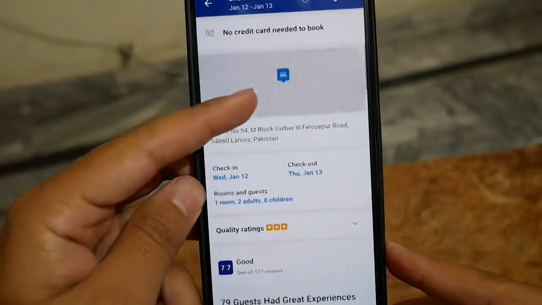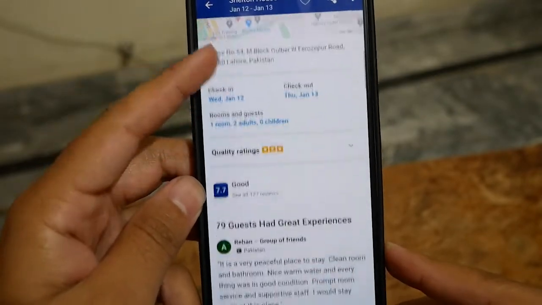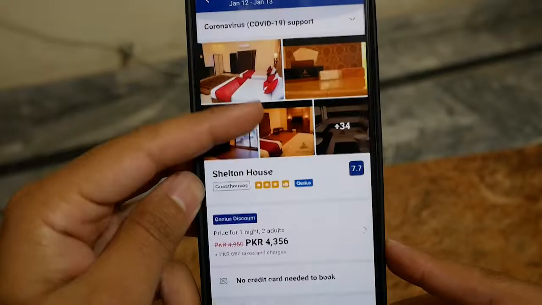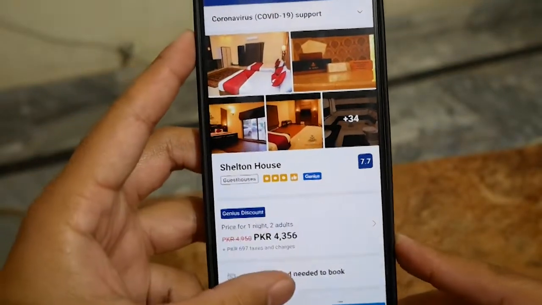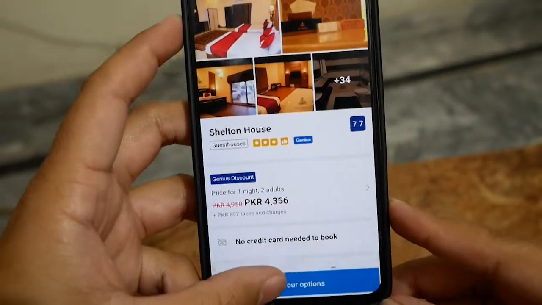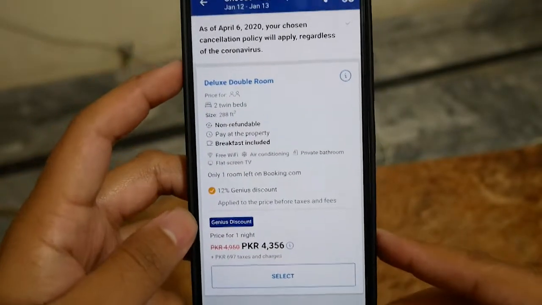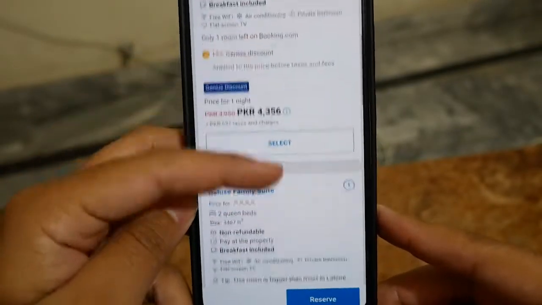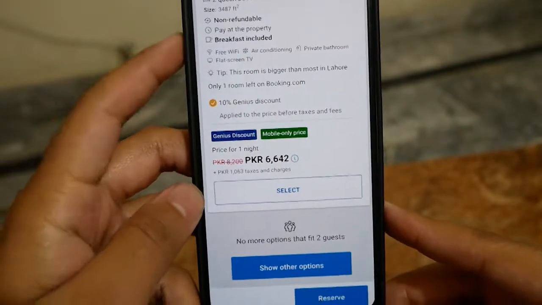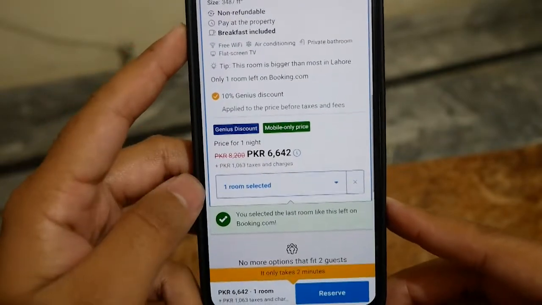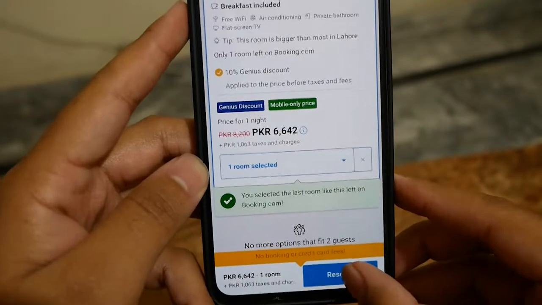and here I need to select the best one for me and see your options. Click on see your options, and then you need to select any that you want. I am going to select this one, and then I need to click on reserve,